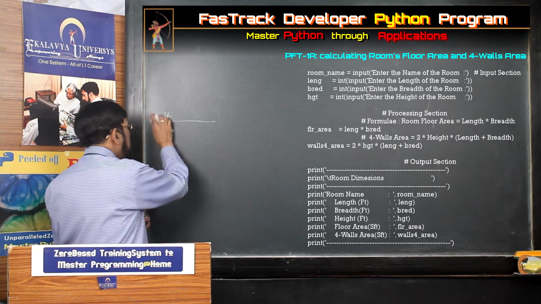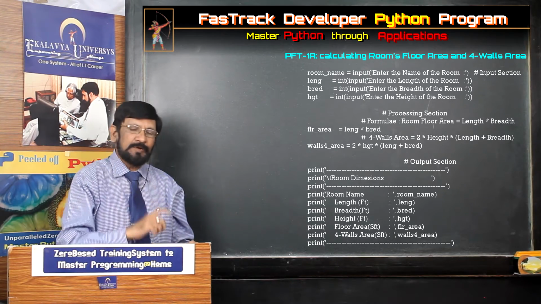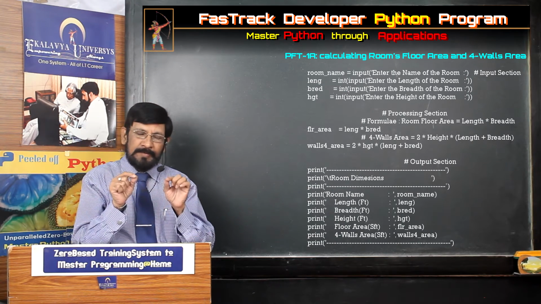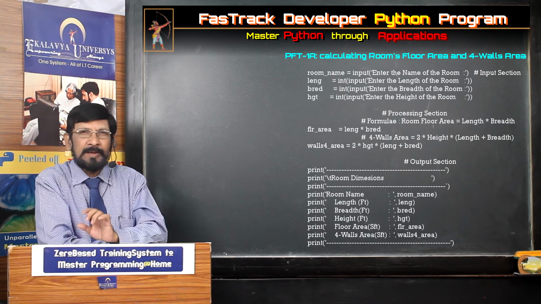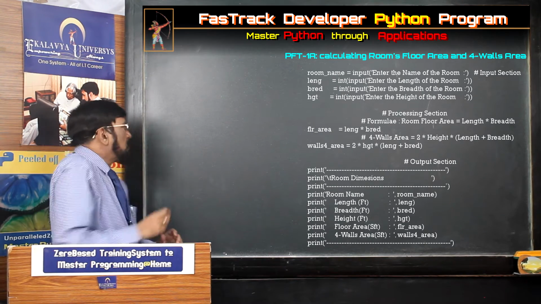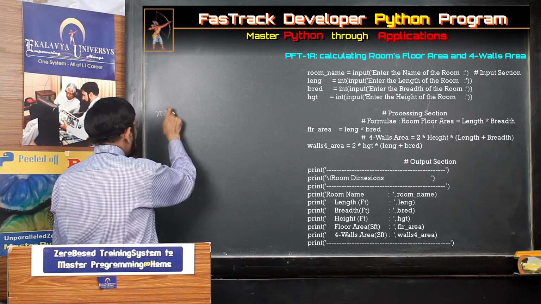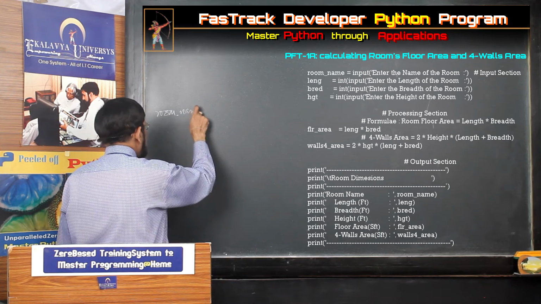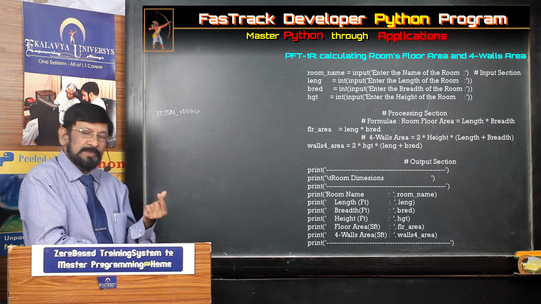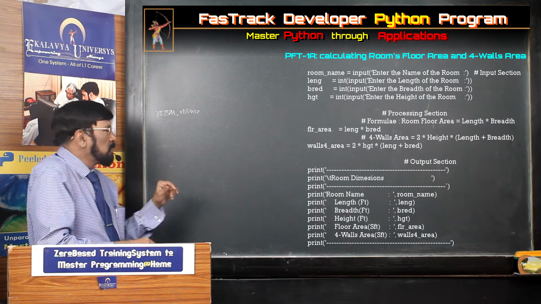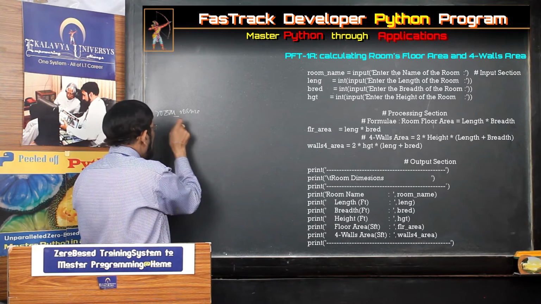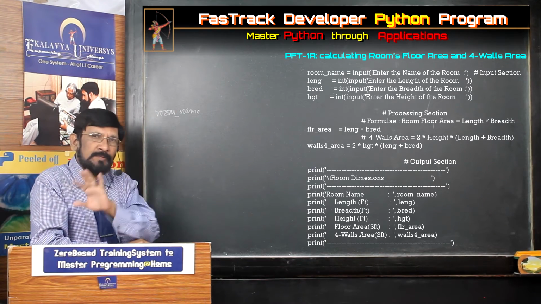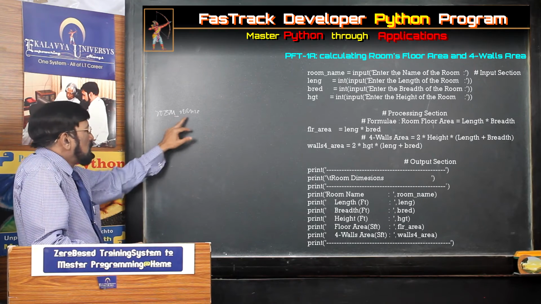Now, how to write the input section? First, you have to understand, for every identifier, you have to give a name. Now, first one is room name. Now, how do you write a room name? You should write the room name in lowercase only. If one word is there, okay, in lowercase you write. Sometimes multiple words are there. In many cases multiple words are there. Then what you have to do? You have to combine them with an underscore, not a dash. If you write a dash, it leads to an error.